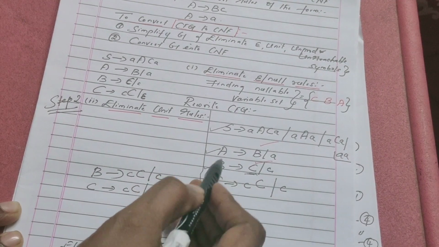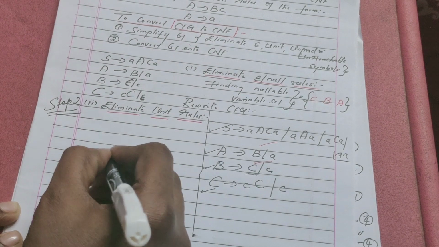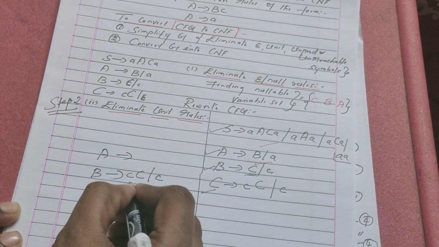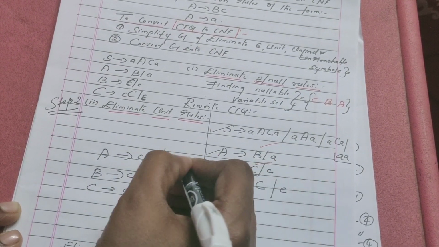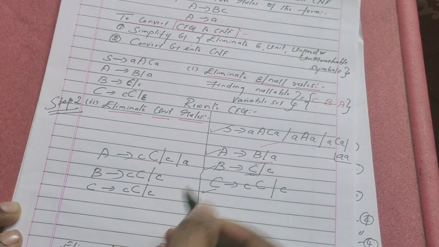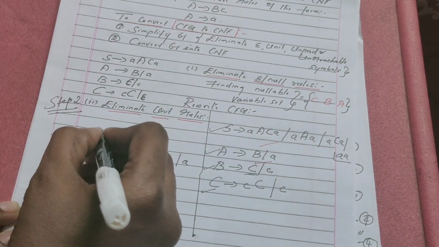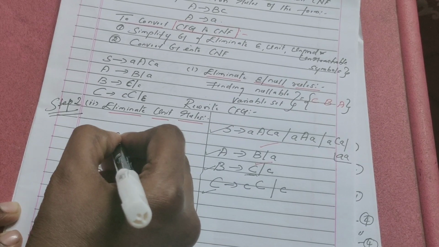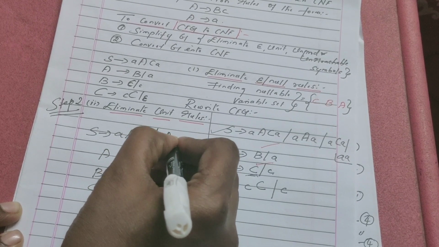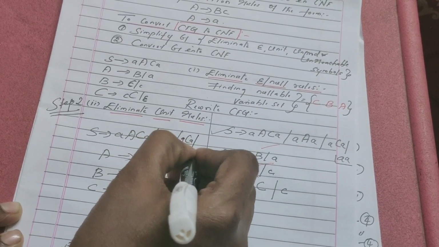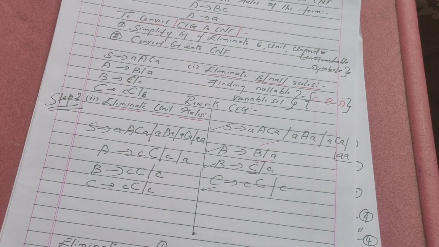Okay, now you move on to the previous rule. A derives B is a unit production rule. So A derives, in place of B, you replace with this: C, C, R, C, and include this A as it is. Now what is the rule for S? S does not contain any unit variable on the right hand side. So you just accept or consider the S rule as it is: A, C, A. So this is the final grammar after eliminating the unit rules.